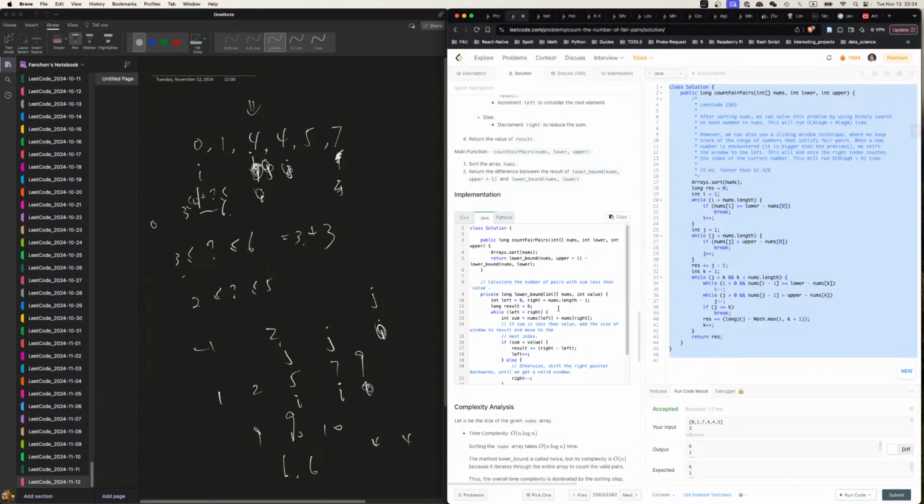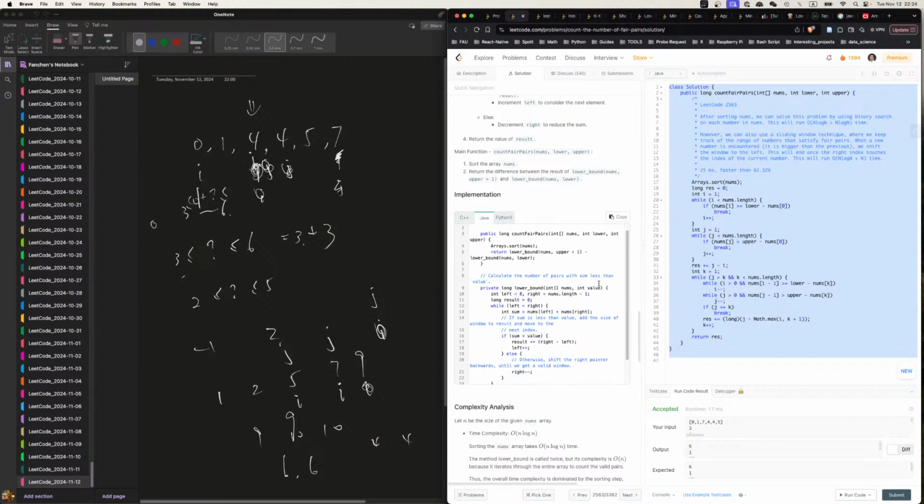It looks like it's simpler than my calculate lower bound minus lower bound. Oh, the lower bound of the value. That is true. You are calculating the lower bound. Upper plus 1. Exactly. Lower bound of this and lower bound of lower. And when you do that,